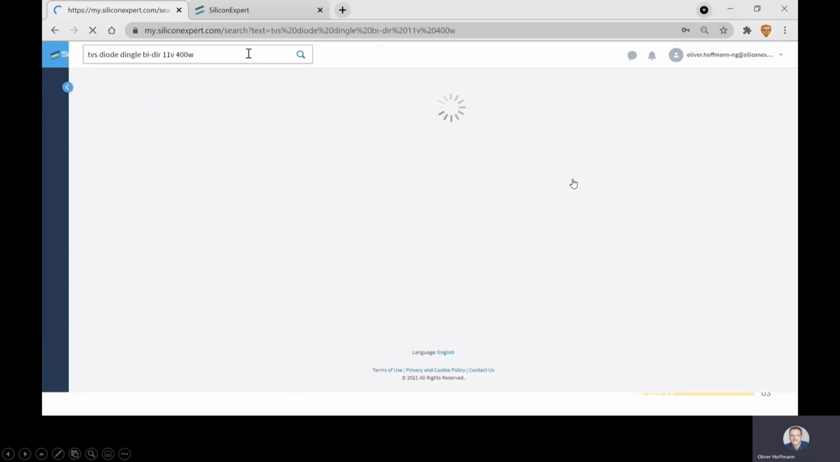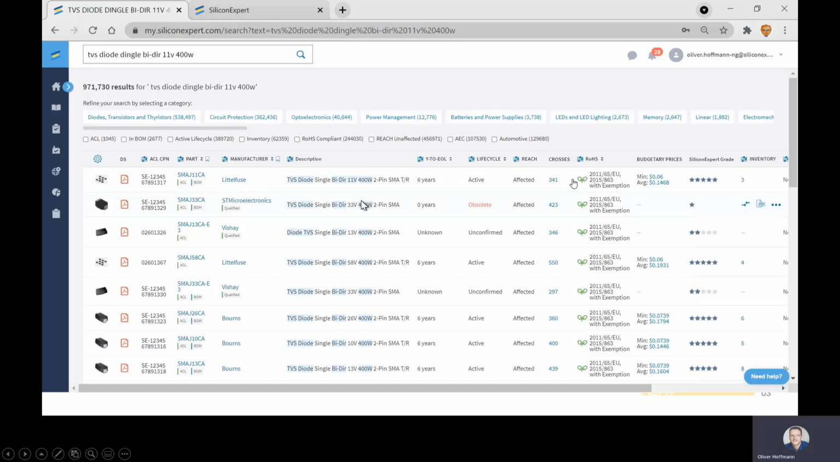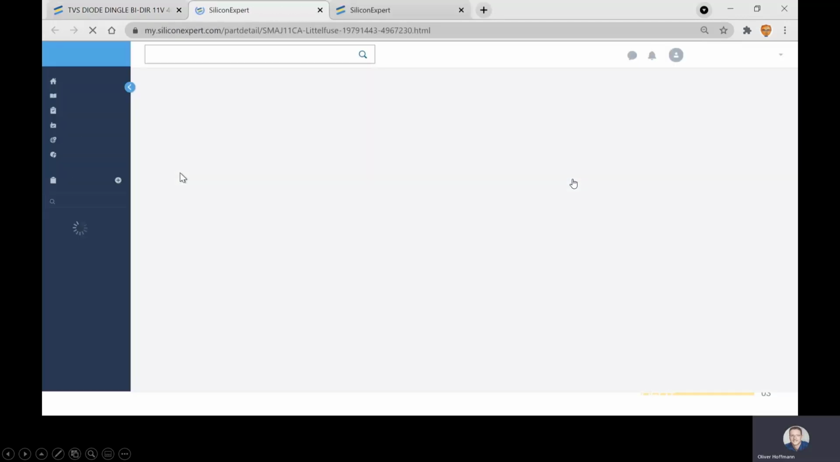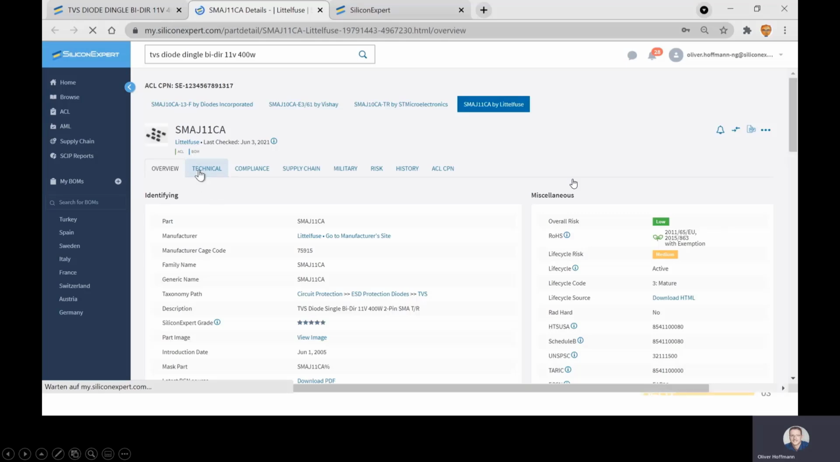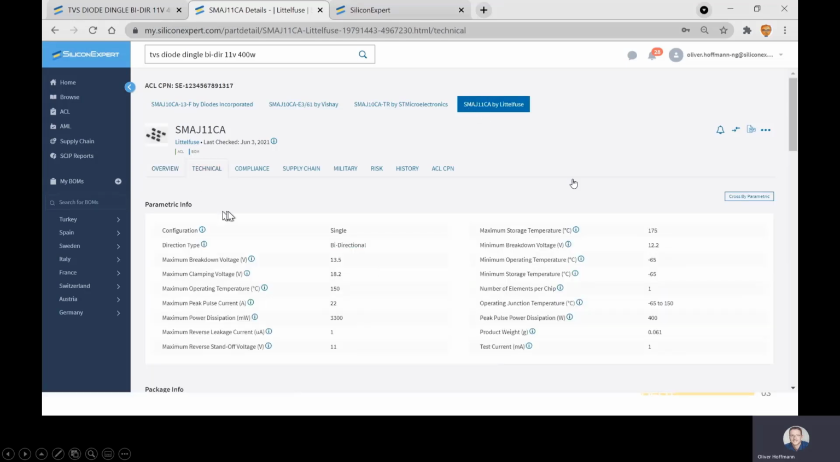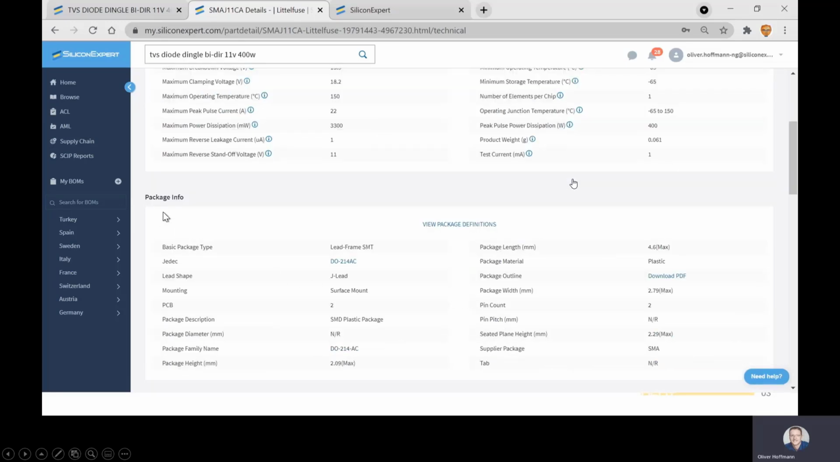Then Silicon Expert shows us what the world market has to offer. So it's a pretty quick screening of the market. And in order for us to know more about an individual component, we can click at the according manufacturer part number, and Silicon Expert allows us to review technical data, for example, about what we could digitize out of the data sheets, everything about the package,